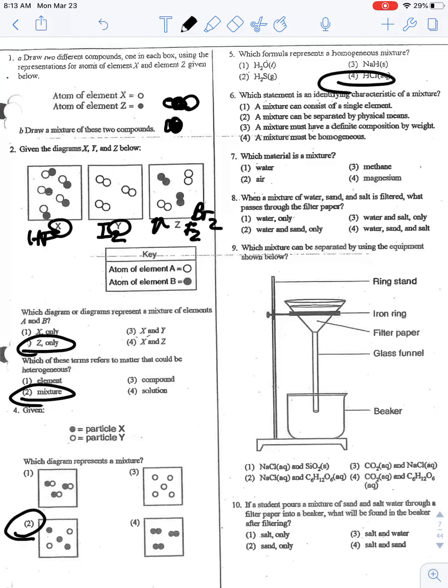Homogeneous mixture, again, mixtures can be separated physically. These are some repetitive questions. Air. Okay, so I want to go a little slower on this one because I noticed some of you got